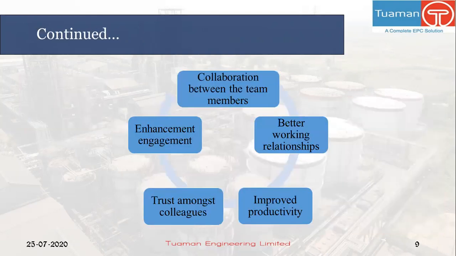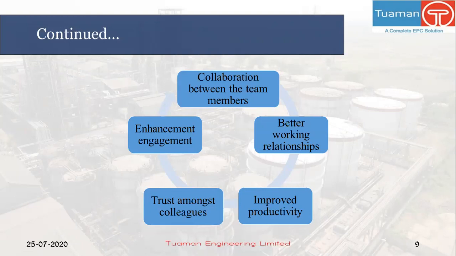So good conflict may lead to collaboration between the team members. When teams are working together, having a good discussion or collaboration, it can really affect the team spirit and team bonding. Next is, conflict management can lead to a better working relationship. When you are having a good exchange of thoughts or processes, it leads to a better working relationship with your team members or with your peers. Next, it also increases your own productivity, and it also increases the team productivity of an organization.